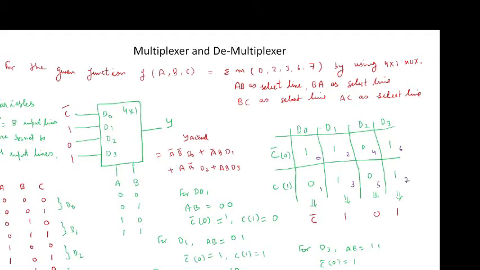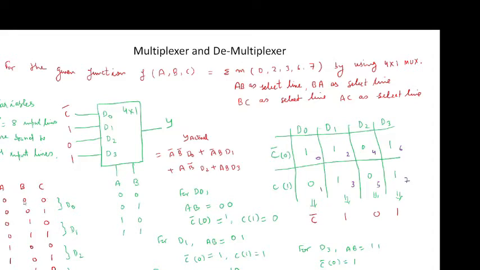Like here, I will make a table for the 3 variables A, B, C. Now see, this is the line column. So here see 0, 1, 2, 3, 4, 5, 6, 7, meaning there are 8 rows and there are 3 variables.